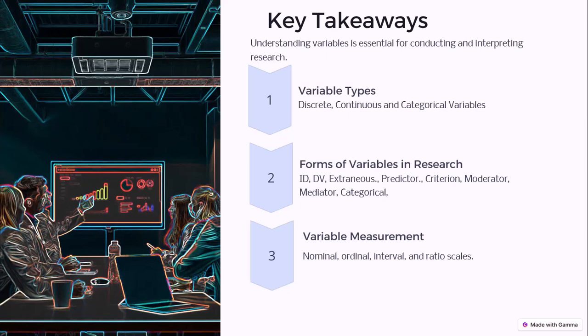You can use gender as a variable using nominal scale to measure it. Then we have ordinal in terms of educational qualification. We can also use interval scale, where variables such as temperature can use interval scale to measure it. Then for ratio scale, most especially test scores, weight, and height use ratio scale for their measurement.